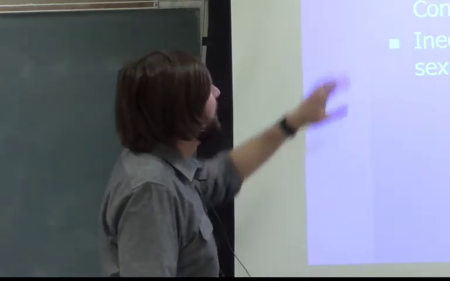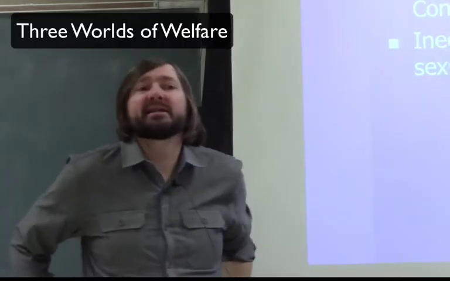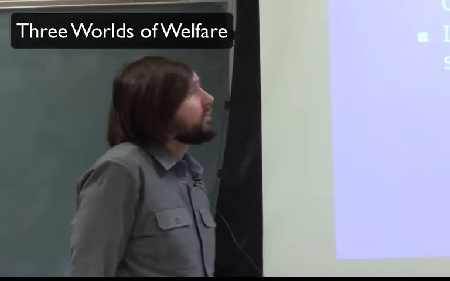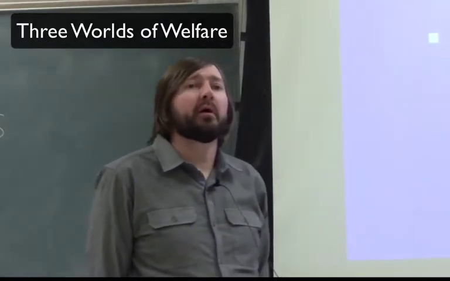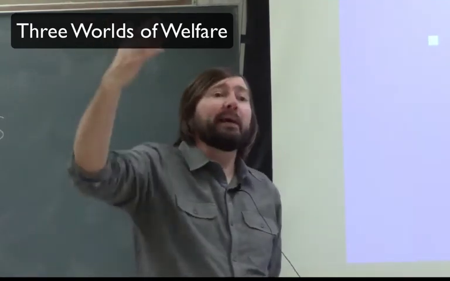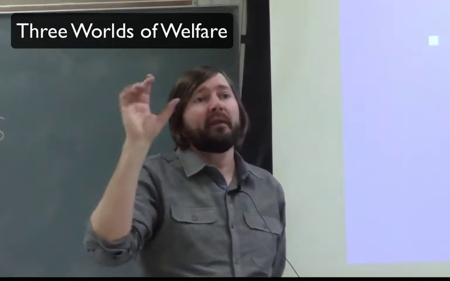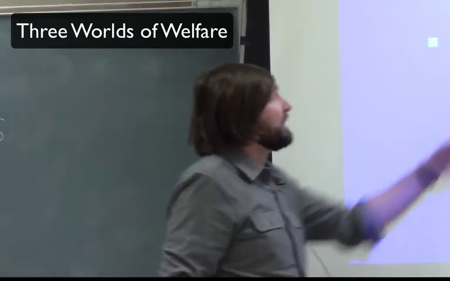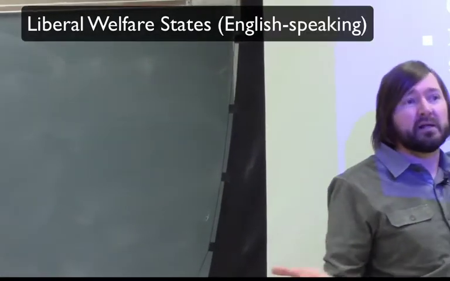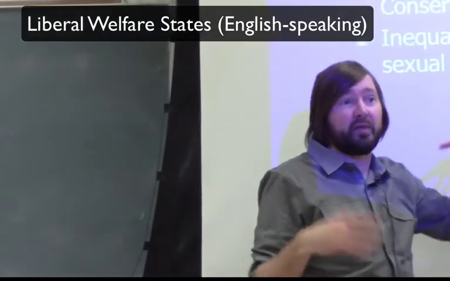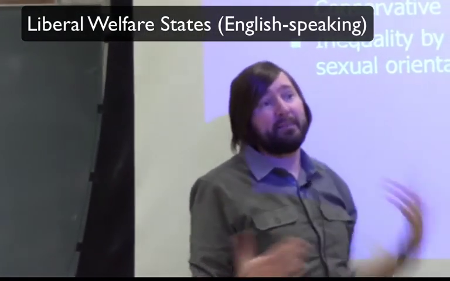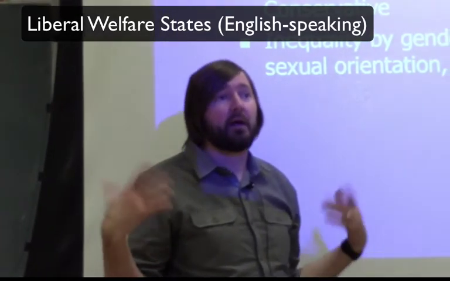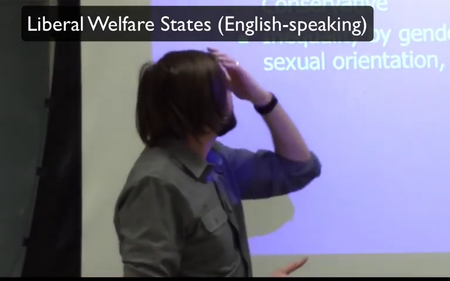So that's one way. A third way is this concept of the three worlds of welfare, and you'll notice often when we look at tables of all the rich countries that they break into three families, okay? One family is the liberal family. You might also consider this the neoliberal or the free market family. And it's mainly the English-speaking countries, okay? US, UK, Canada, Australia, New Zealand, okay? All